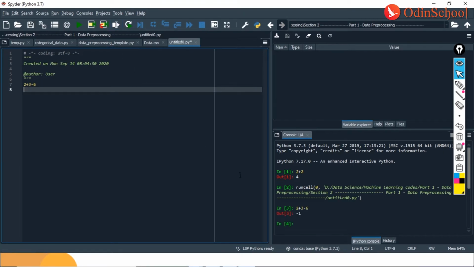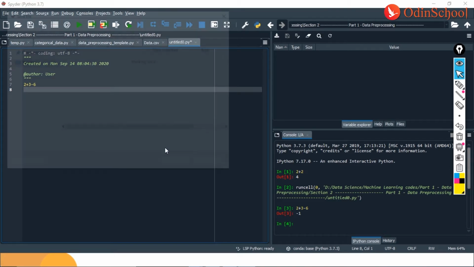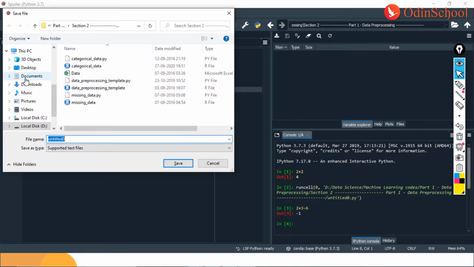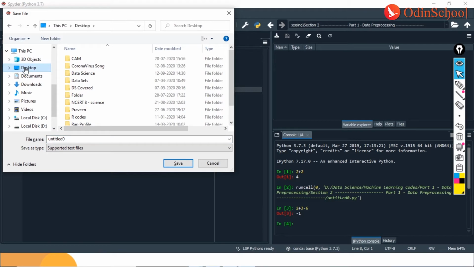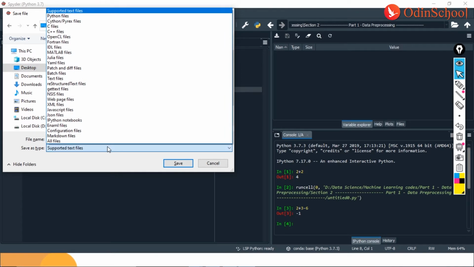I do enter and my answer is -1. Now that this is executed, I might want to save this. And when I save this, it would ask me what is the location that I'm looking for. I would want to save this in the desktop.